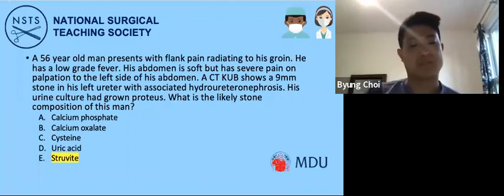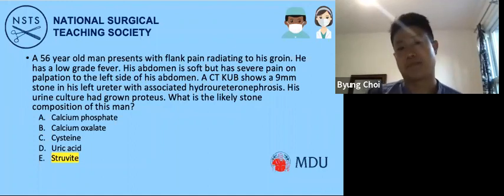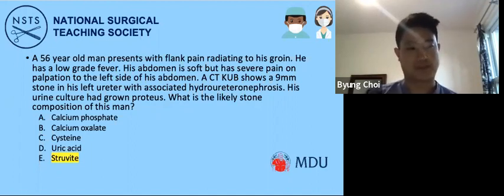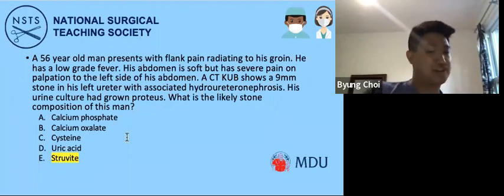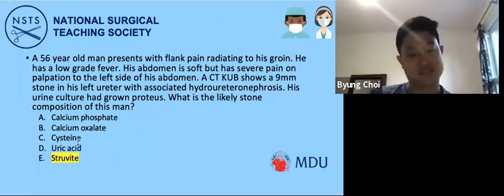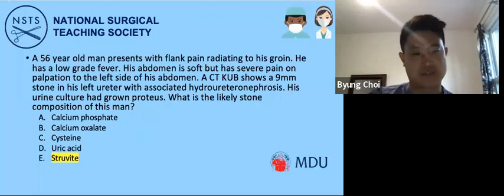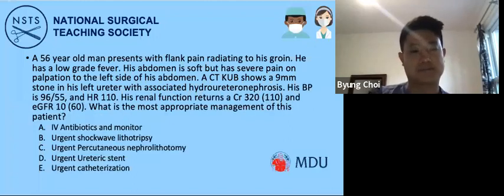Uric acid stones, obviously, they may give you a history of a patient who has, for example, features of gout. They may have a malignancy or a hematological malignancy, for example, because you may get urate building up, and you get crystallization to uric acid. Okay, and calcium phosphate is the most radio-opaque out of all of them. Okay, so I know cystine can be radiodense, but calcium phosphate is the most radio-opaque. Okay, but calcium oxalate, the most common; struvite, Proteus. Okay, so